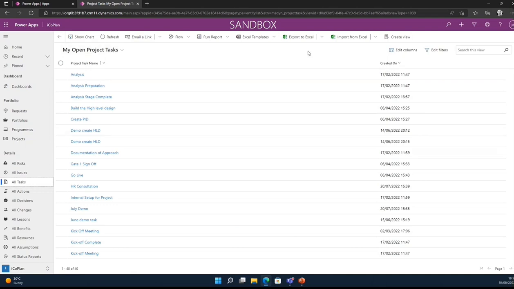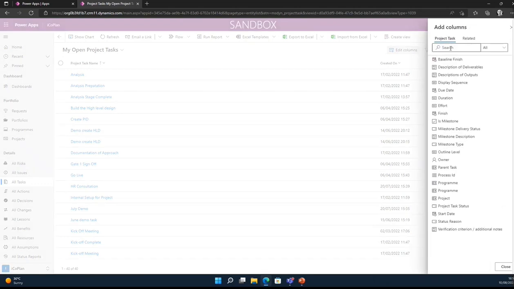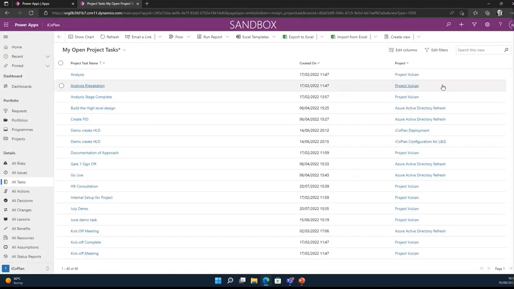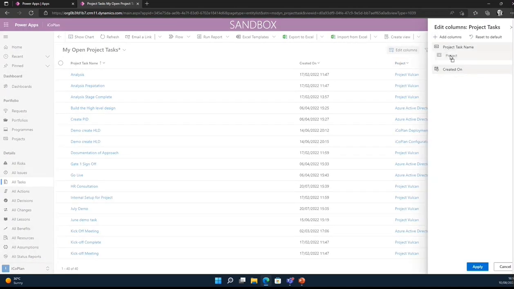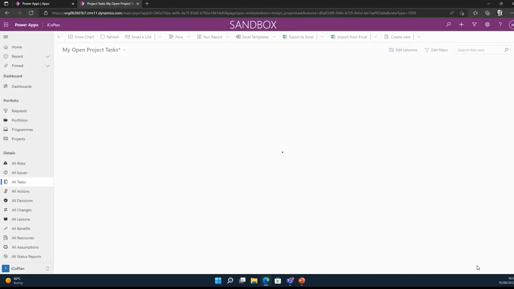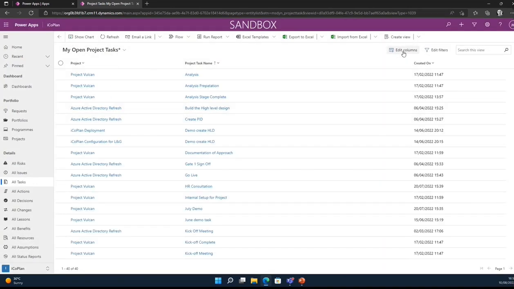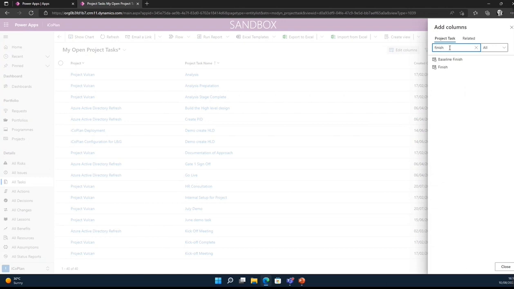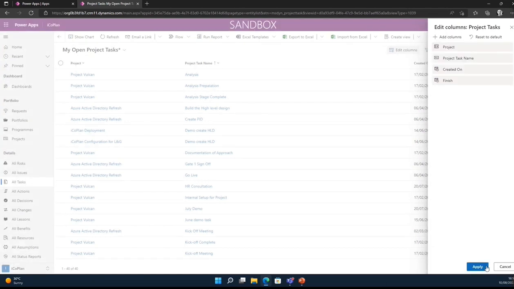They're assigned to me in this view, and I'm able to edit this column, just say, okay, give me the project it's related to. All right, close that, apply. Here's the project that task relates to. I'm going to move it up because I like my project on the left-hand side, my task, and then my created on. And actually, I want to know my due date. So let's do, or finish date, I think it's called. So finish date is here. To apply that,